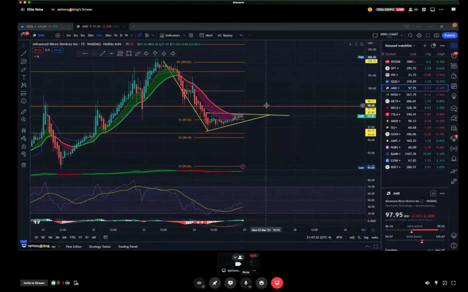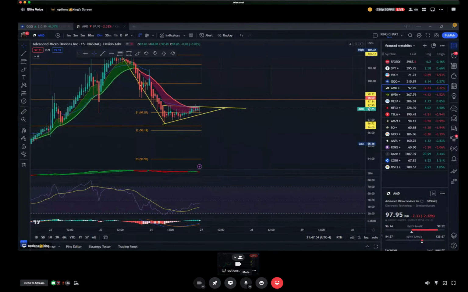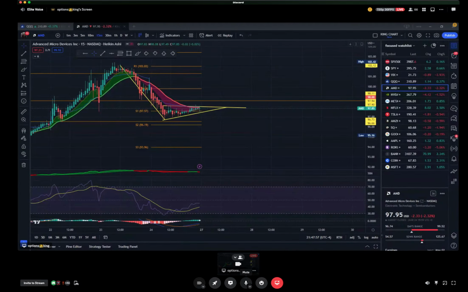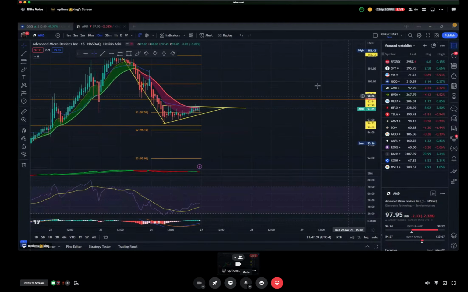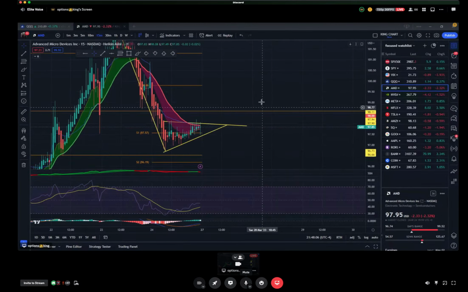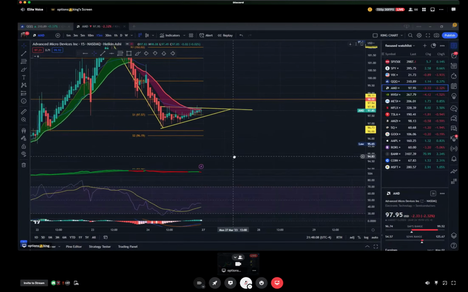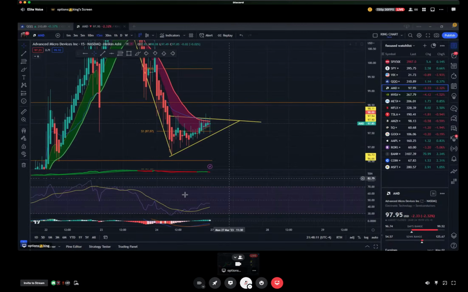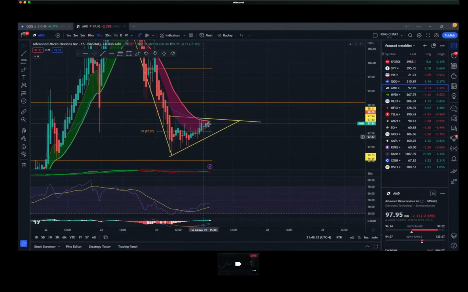Hockey stick looking bear flag thing. Oh yeah, kind of a rising, yeah, love it. AMD, nice little. AMD definitely looking like more downside here. Problem with this setup is RSI is at like 45, so I would like it to at least touch that 50 range before rejecting, similar to how it did over here on March 23rd.